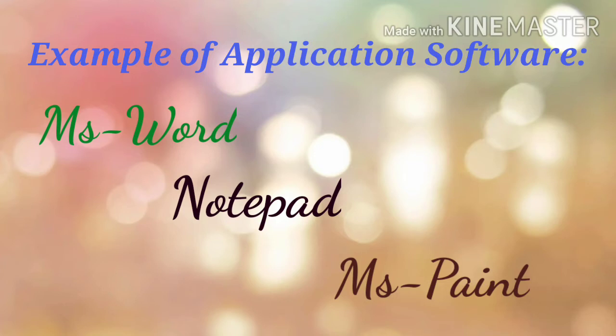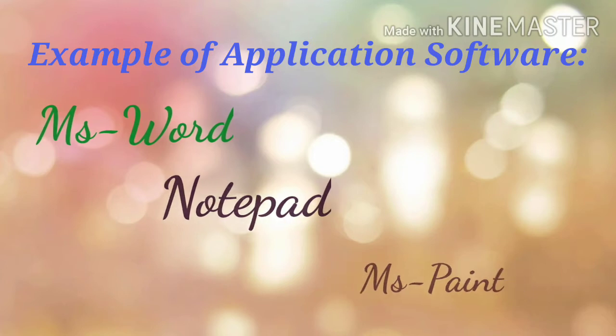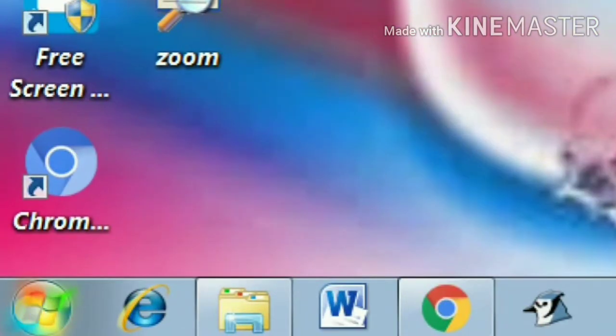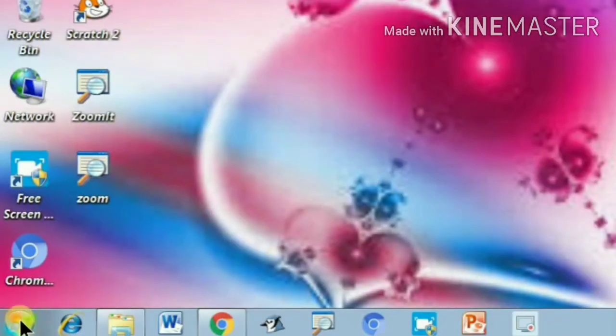Now here are the steps to create a Word document. Today we will use Microsoft Word and we will create a file in a Word document. For that, first you have to open MS Word. Here also there are two ways in which you can open MS Word. The first is step by step by using the Start menu.